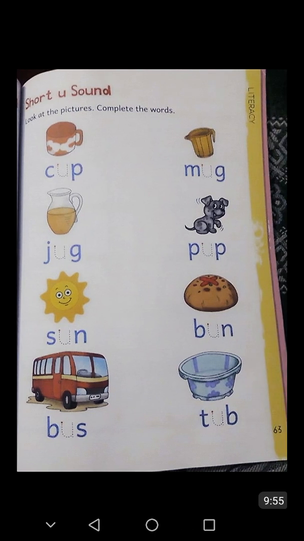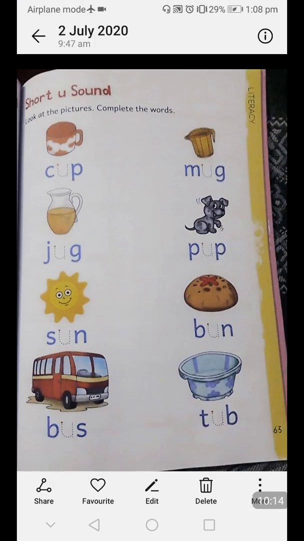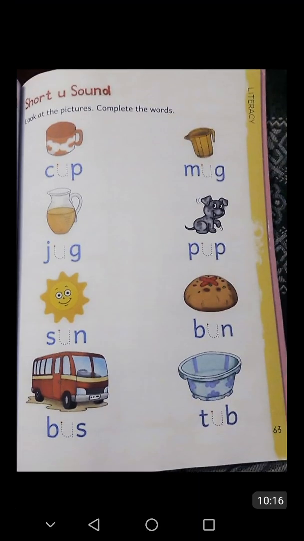Okay students, now your homework is to do page number 9, 10, 11, 12 of your I Can Explorer book number 5 and workbook pages 23, 49 and 63. And you also learn the rhyme, that is healthy food rhyme. You revise this rhyme at least 2 to 3 times.